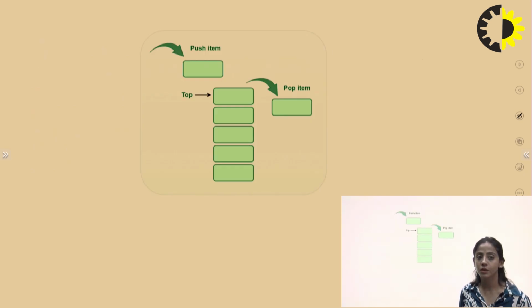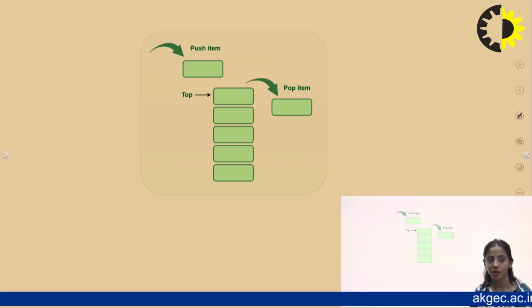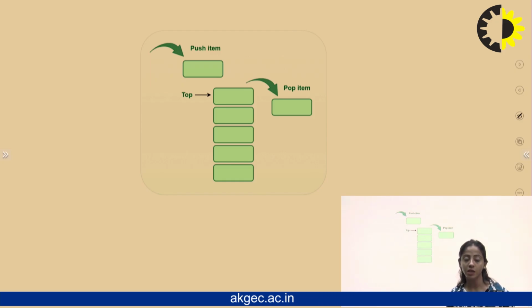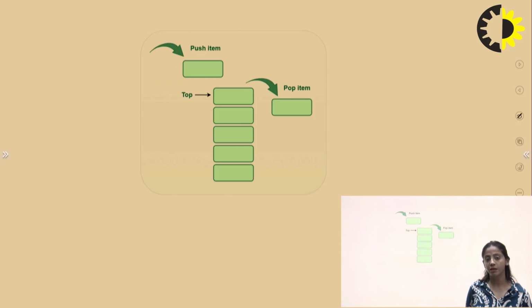Now, here you can see the push operation is illustrated in this diagram. Here there are 1, 2, 3, 5 plates piled one over the other. Whenever we want to insert an element, we can say we are pushing an element on this stack. When we push this element on the stack, the element which comes at the top automatically becomes the top of the stack. Whenever we want to delete an element, we pick the top plate and delete it from the top. Now your top is removed.